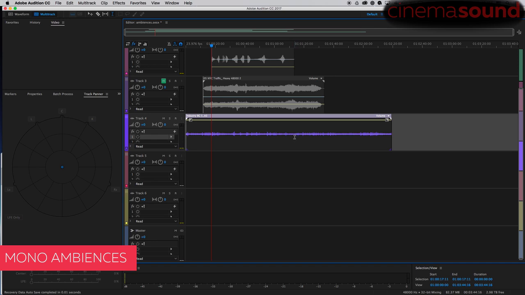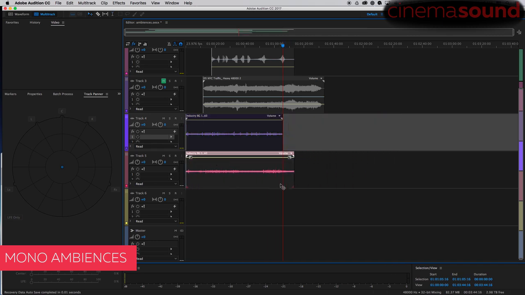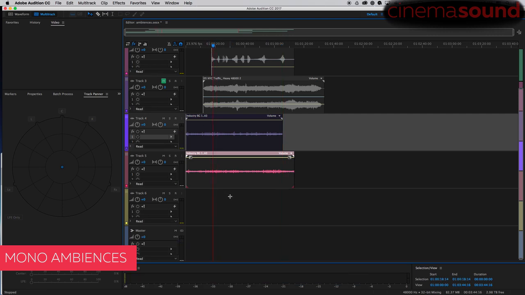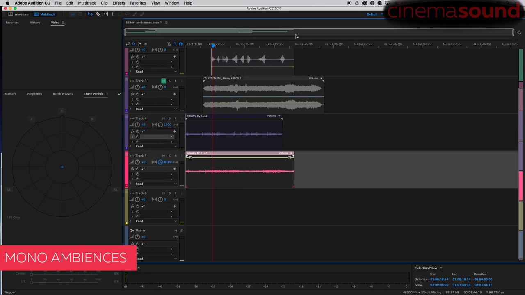So what else can we do? Well, this is what I would normally do anyway. Since the nature of stereo is really to fool the brain into thinking that something's stereo, you have two similar but different sounding sounds panned hard left and hard right. That's all you need to do. And because this is so nice and long, we can cut this in the middle. We can take this and go like this. Now, granted, we have double the ambience. But if we take the pan on this one and make it left, and the pan on this one and make it right,